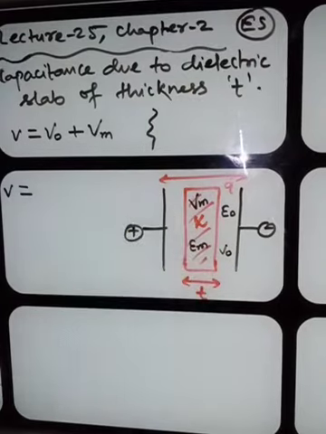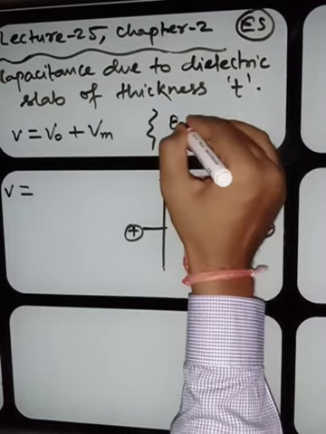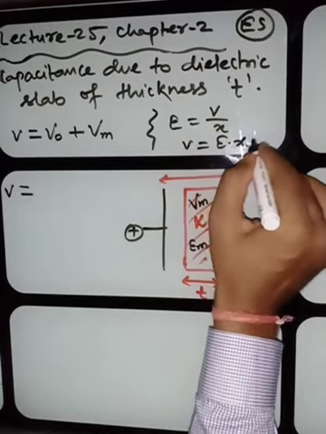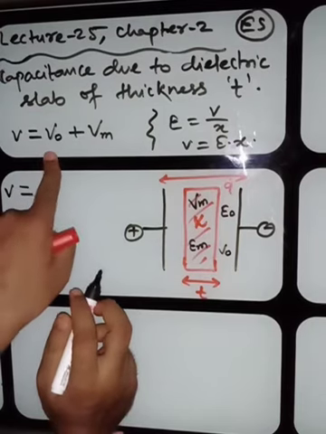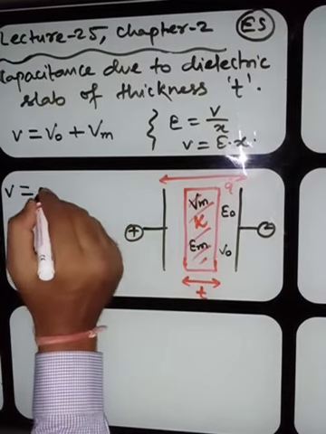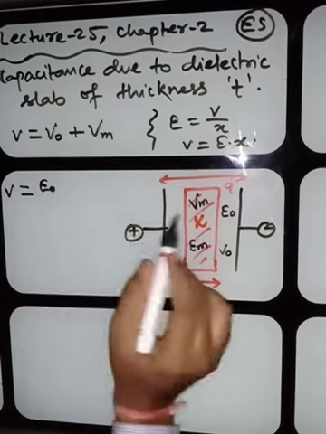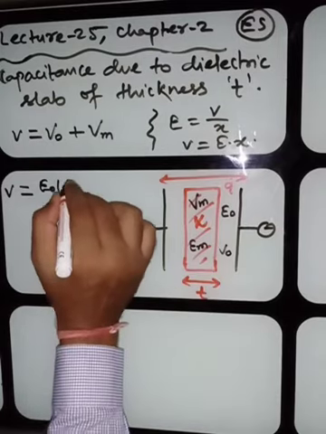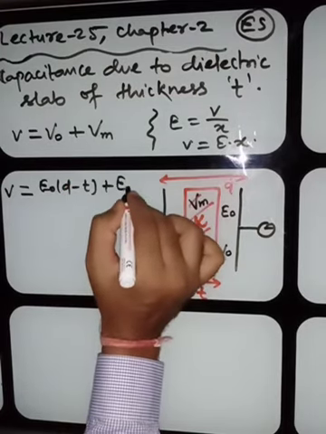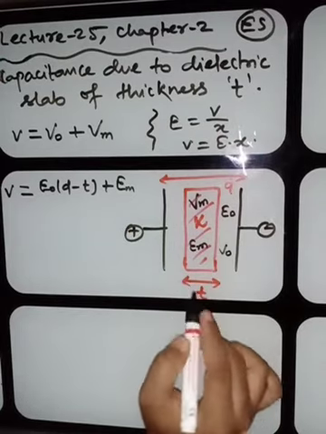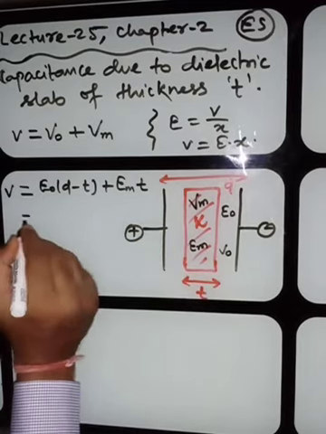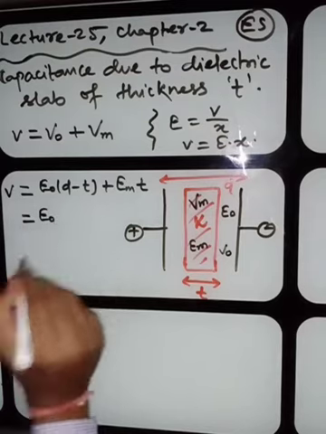The formula of potential we know already: E equals V by X, or V can be written as E times X. So this V naught can be written as E naught times the length of free space, which is D minus T, plus Vm can be written as Em times the length of medium, which is T. I hope you understand. Now this can also be written as E naught times D minus T